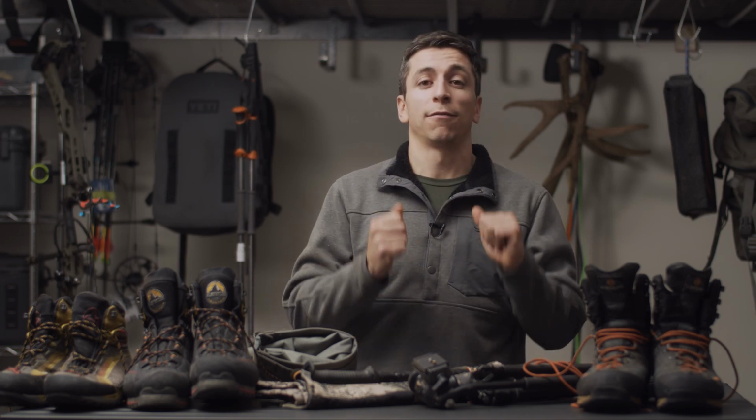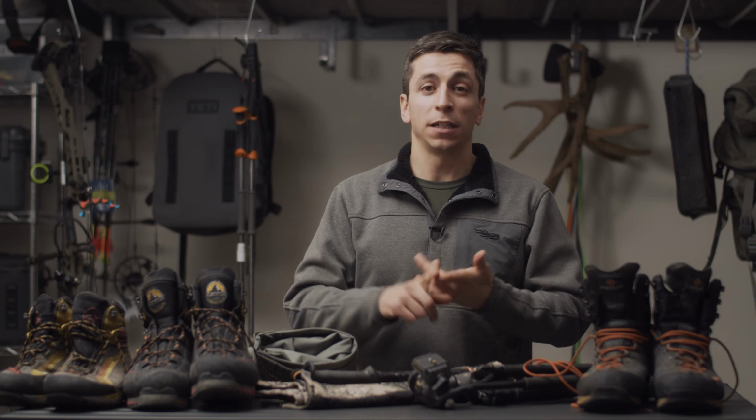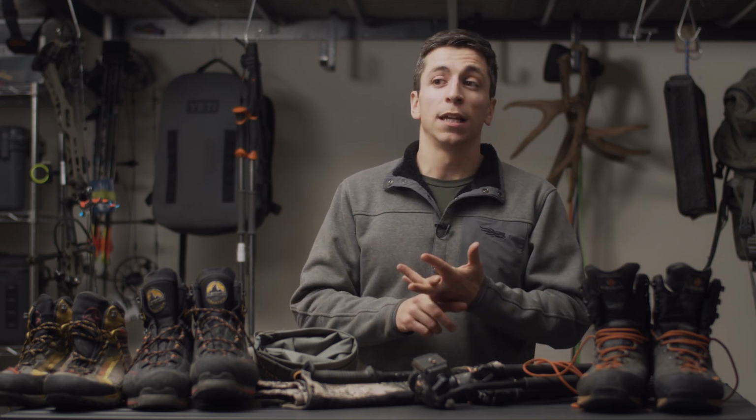Okay, so the second concept is all about comfort versus ultralight versus safety. You have to kind of get into the mindset that the buzzword of ultralight hunting has been really sort of enforced by a lot of people in the last 5 or 10 years. And the innovation of gear has been really exciting to see. However, a lot of people that are talking about ultralight hunting either A, have tons of experience with what they're doing, and they've tested this stuff out and they've gone through the different ways that you can hunt and the sacrifices that they are willing to make based on their own experiences, or B, they might just be kind of